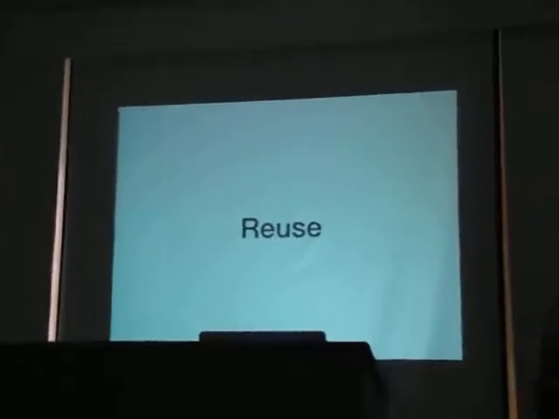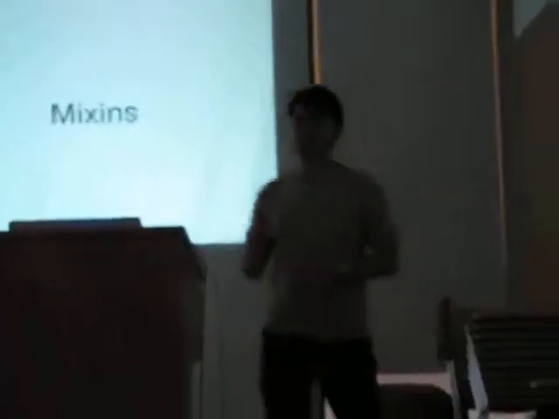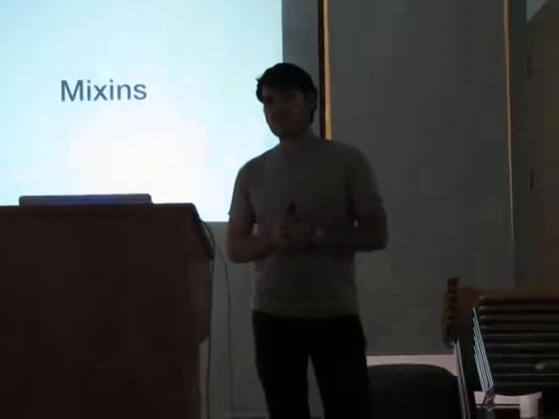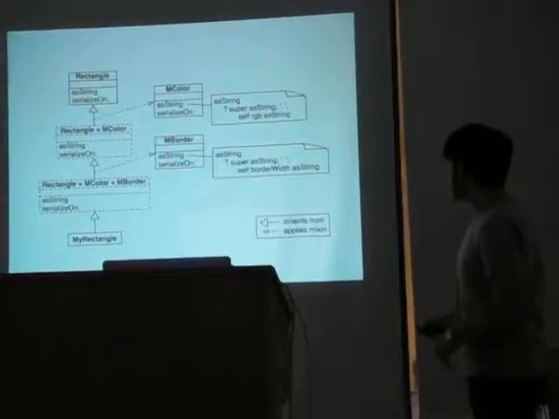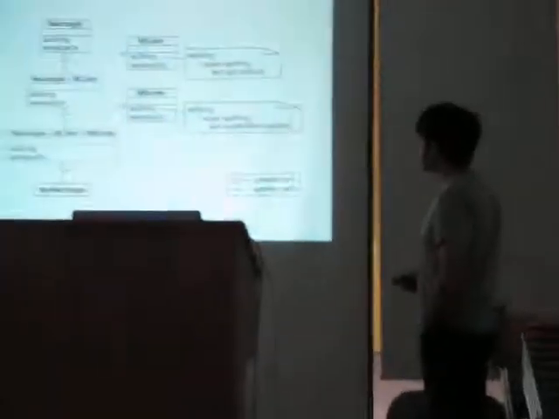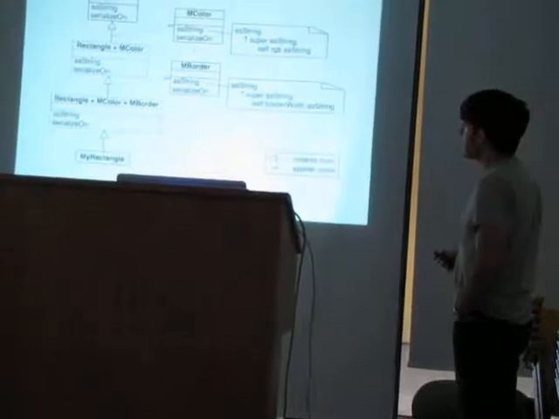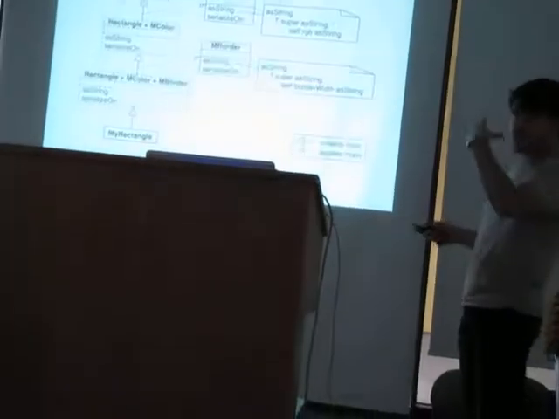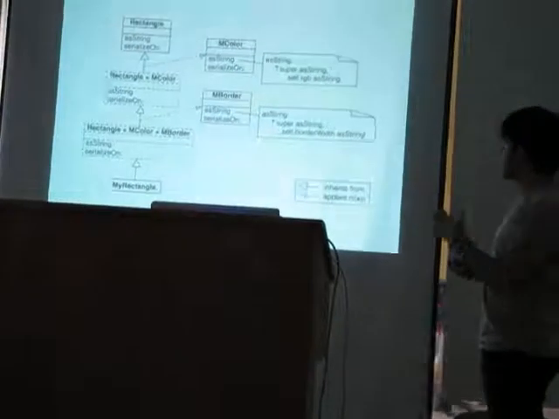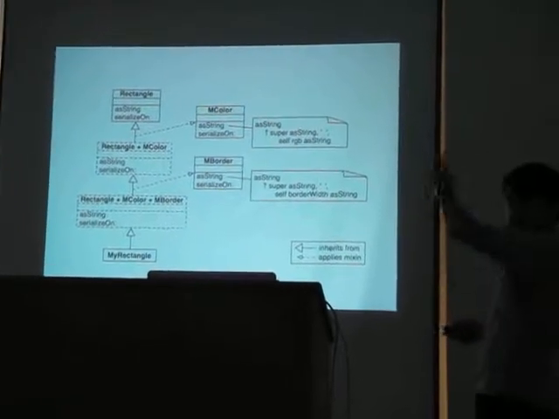So the key point is reuse, and this is a very old problem, and maybe one of the first structures of reuse that we know widely used are mixins. For instance, this is an example of a mixin. We have a rectangle, right? So this is my rectangle, and I have another glass rectangle. And then these are mixins, right? They each have a special process string and a serialized one. When they are applied, there's some kind of creation of a mixin, which is a composition of the application of the mixin in the hierarchy,